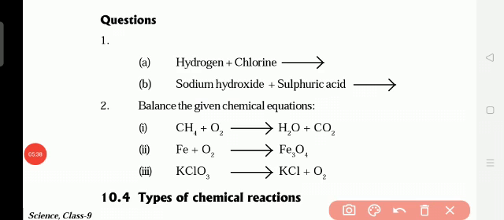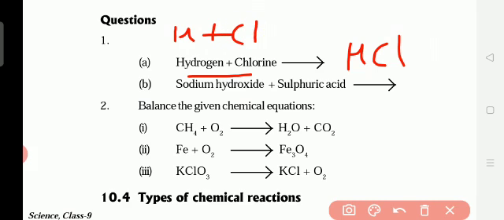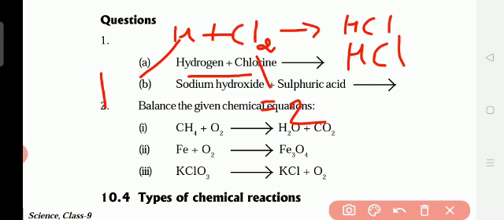Please find out. Now hydrogen plus chlorine. What can it give? It can give hydrochloric acid. Now how to balance this one? Okay. So hydrogen is only one here. Hydrogen plus chlorine. Chlorine 2 are there. So HCl. Now how to get this product? Hydrogen only one is there. Chlorine 2 are there. So what to do now? We write here 2 plus Cl2 gives rise to